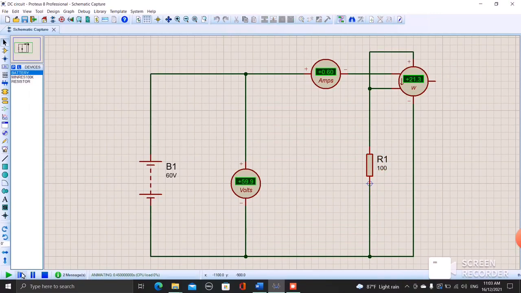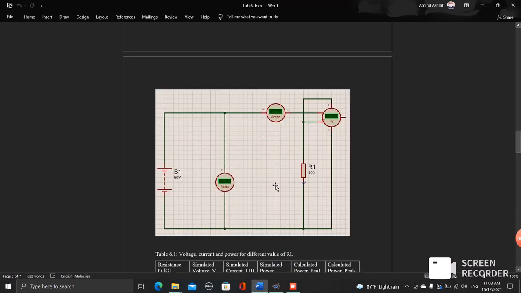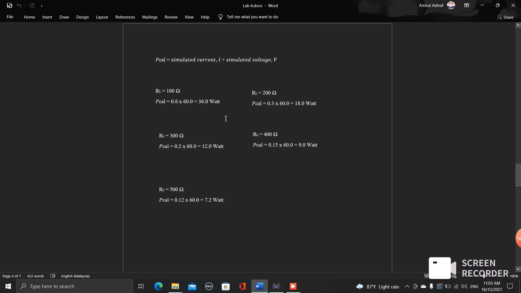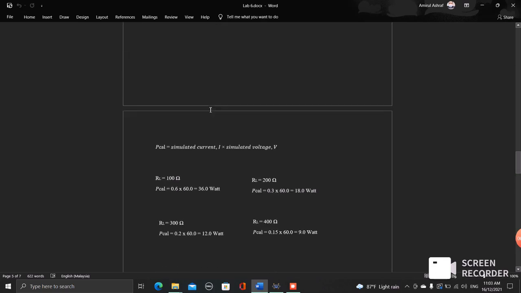For the 100 resistance value, we get the power value of 35.9. Okay, as we can see, we put 36 power, and the calculated power is also 36. The value is the same,